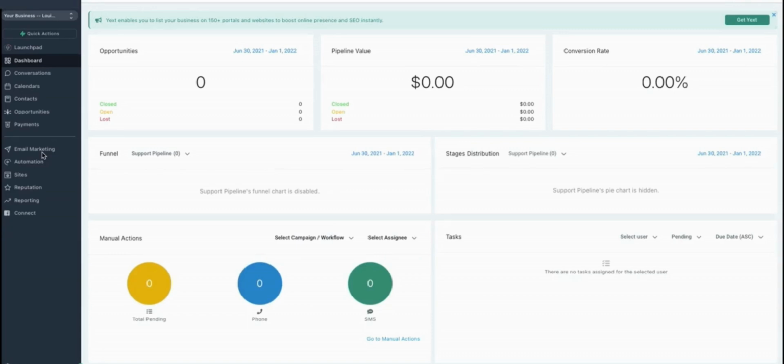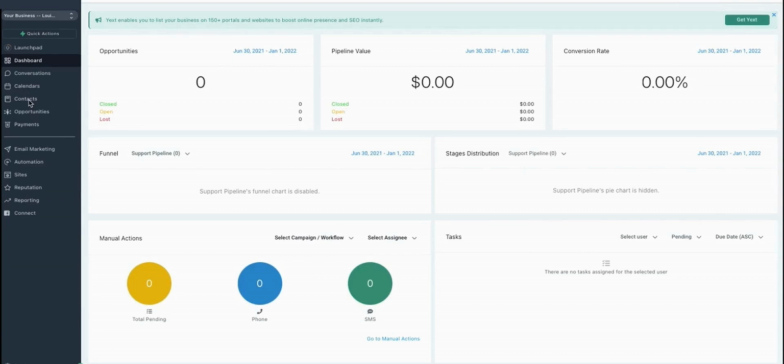Alright, let's talk about importing and exporting contact records into the platform. Now maybe you have a current customer list that you want to bring into the platform and upload, to be able to send out some marketing, or maybe you've got some leads that you've generated from your funnels and websites and you want to export that information to send out a direct mail campaign or do something else with the data. That's what we are going to discuss in